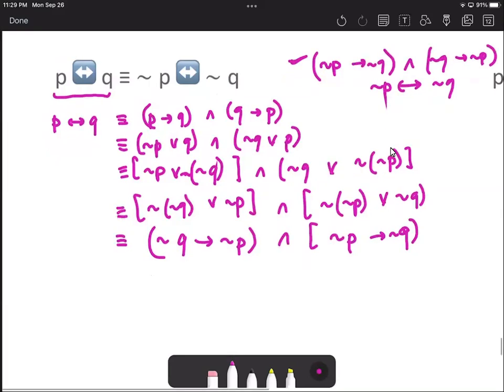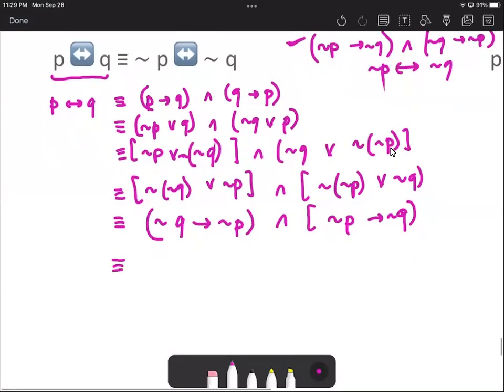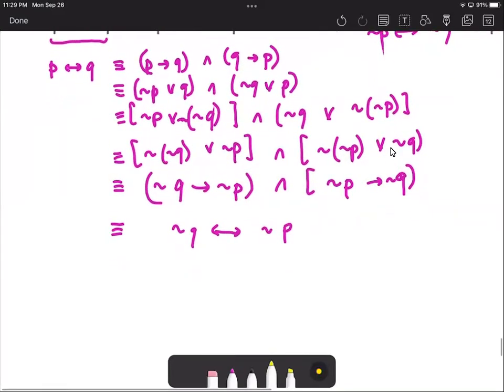So now we can say that it is logically equivalent to the biconditional not P, and we can interchange it to not P biconditional not Q. Okay,